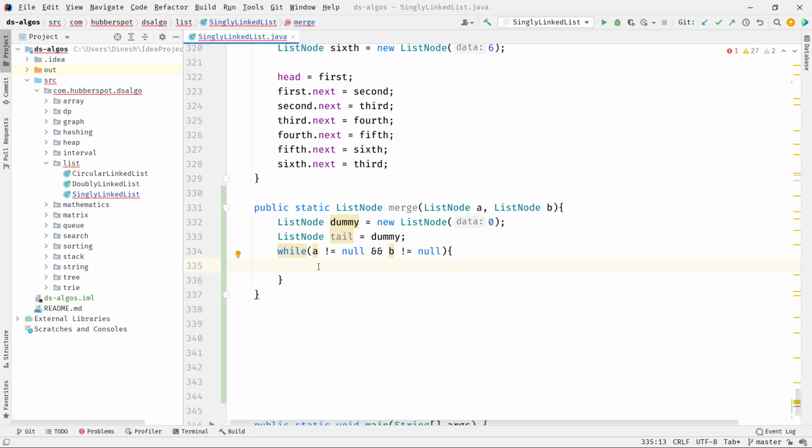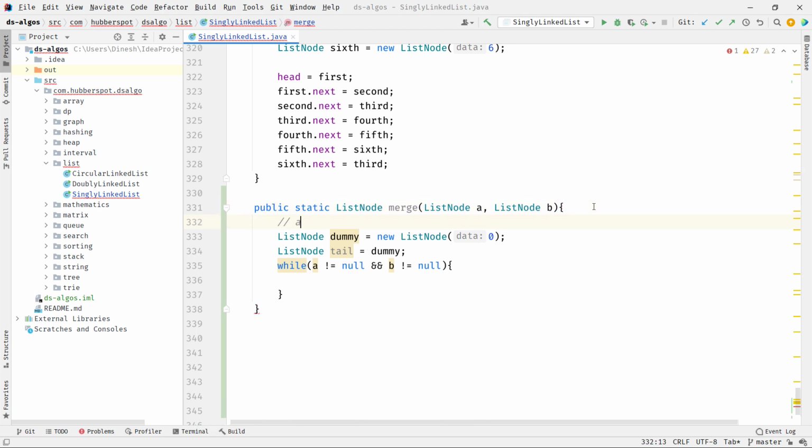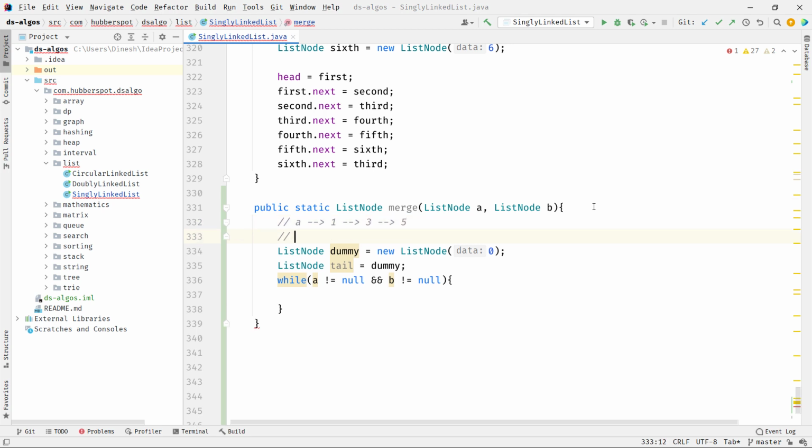Inside this while loop, as we are merging these two sorted singly linked lists and we want the resultant list also sorted, let's take an example. Let's say A has 3 nodes, 1, 3, 5, and B has 3 nodes, 2, 4 and 6.